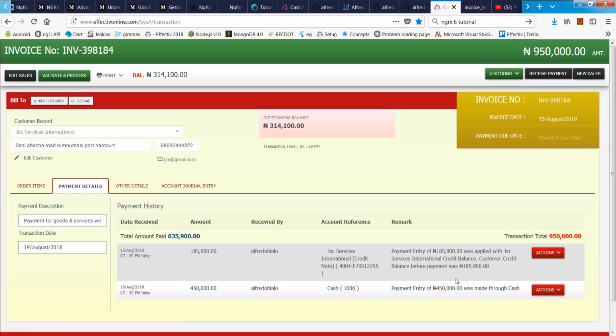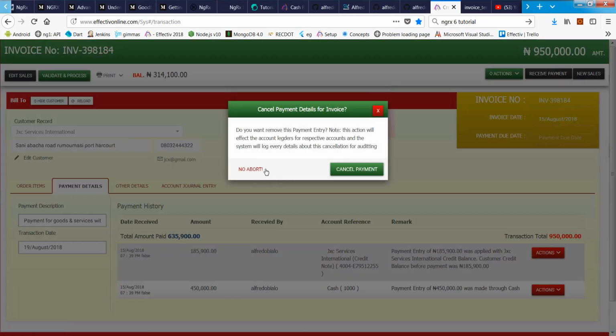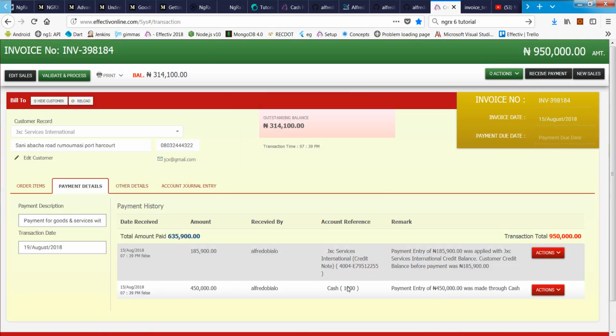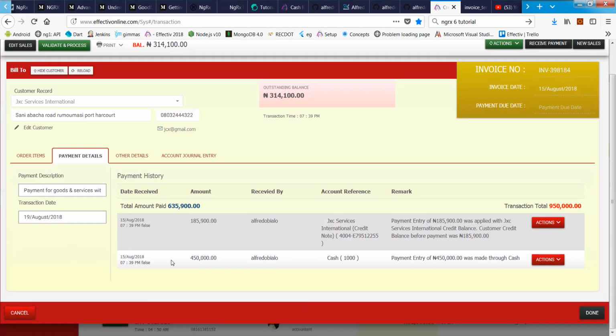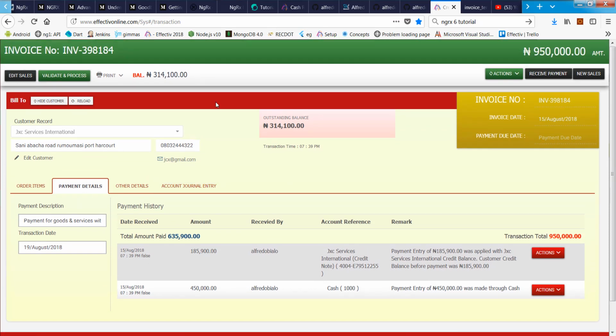he made payment. On the first instance, he paid 185,900, and that was done with his existing credit limit with us. We can choose to cancel this because maybe it is a wrong entry. It's going to ask you, are you sure? Then this is another payment, a cash payment, and that's why